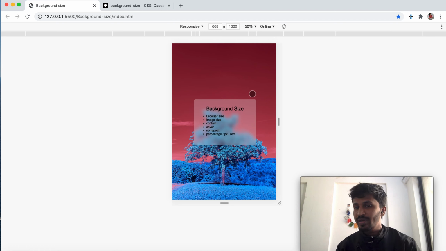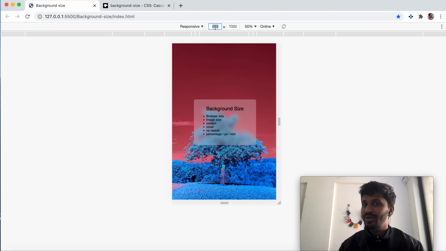There is no empty space on the x or y axis, neither did the image get cropped. So this is what cover does, but again we have limitations here, right? It is a little tricky to choose an image for your background, because you should choose your image depending upon the orientation.